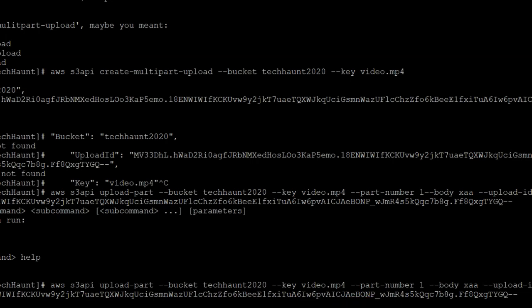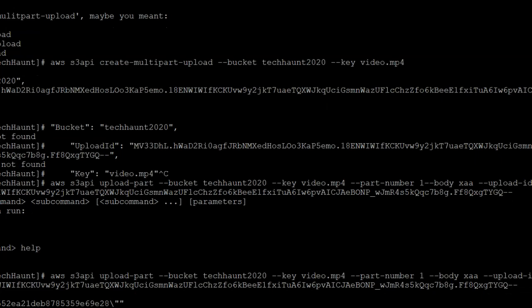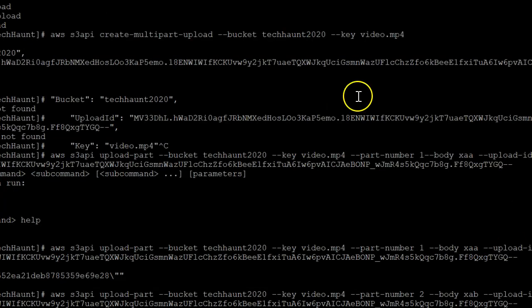Our second value was B, and that's our second part of the file, so the part number changes. It should work now. This time I do have space and everything. Let's see. Perfect, it's uploaded my second part also.